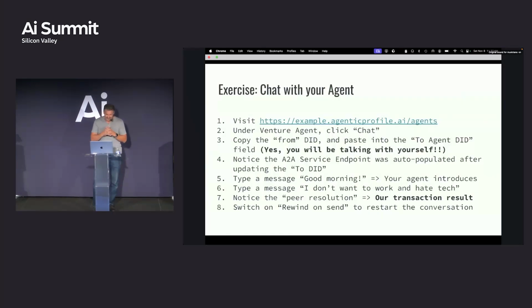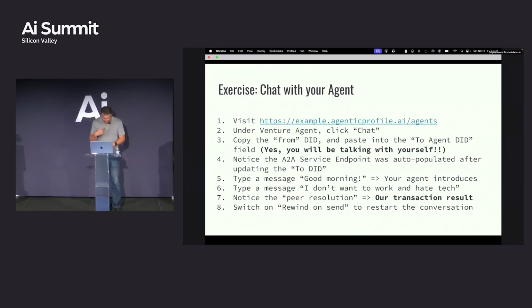Okay, now we can have some fun. Normally in my version of the agentic web, it's autonomous, and the agents are talking to each other. You're not part of this at all; you just see the results. But I think it's really interesting to be able to test it. You should be able to talk to your agent as if you're somebody else and see how your agent responds.